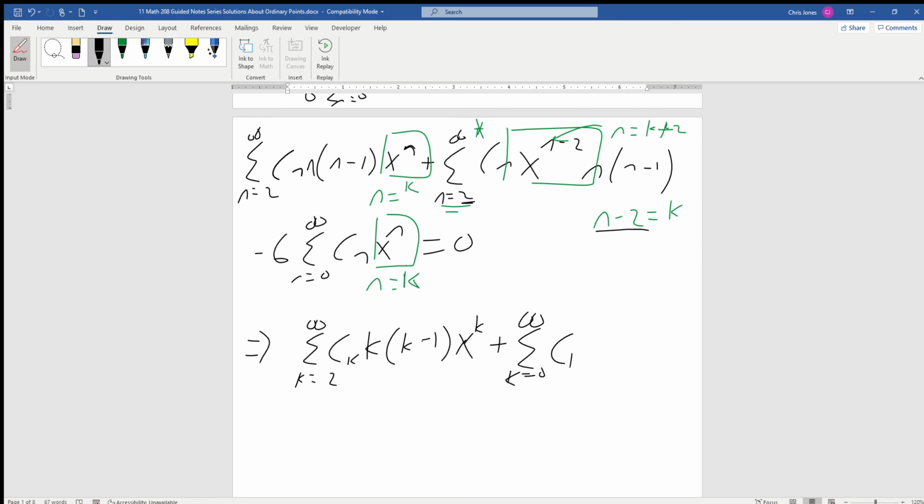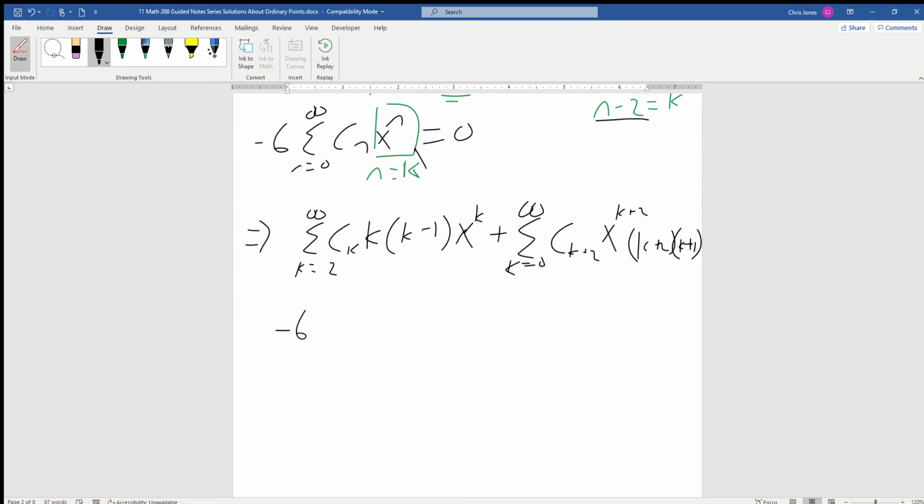c sub k plus 2, and then we substitute x to the k plus 2. Then we substitute for n, which is going to be k plus 2, and we also substitute for n right there. That's k plus 2 minus 1, so that's going to be k plus 1. And then finally, we substitute back in for the last series. This one's easy because we just change all the n's to k's. So that's minus 6 series, k equals 0 to infinity, c sub k, x to the k